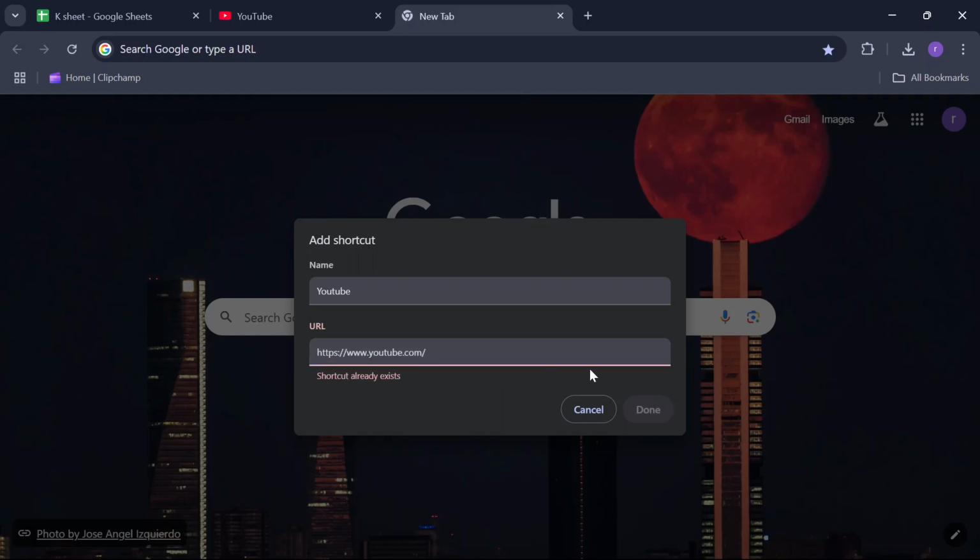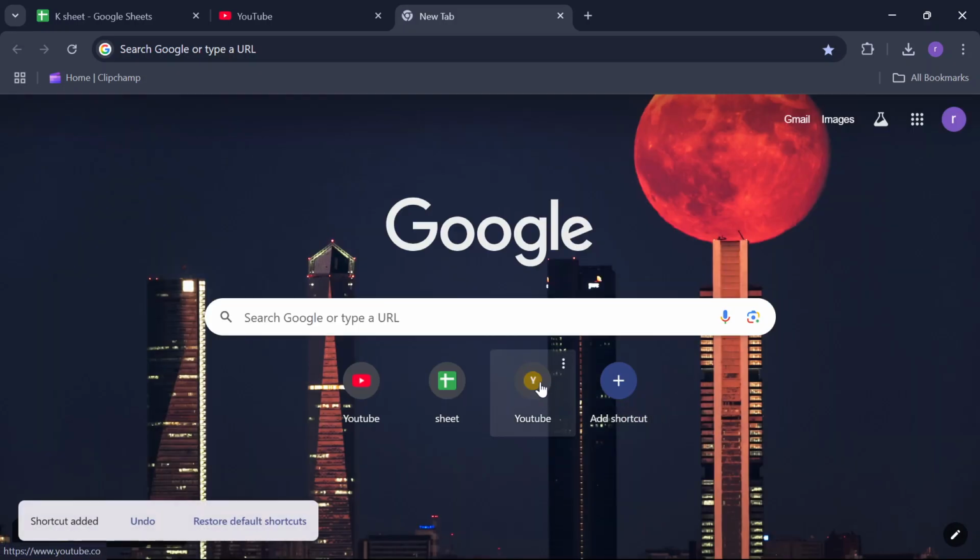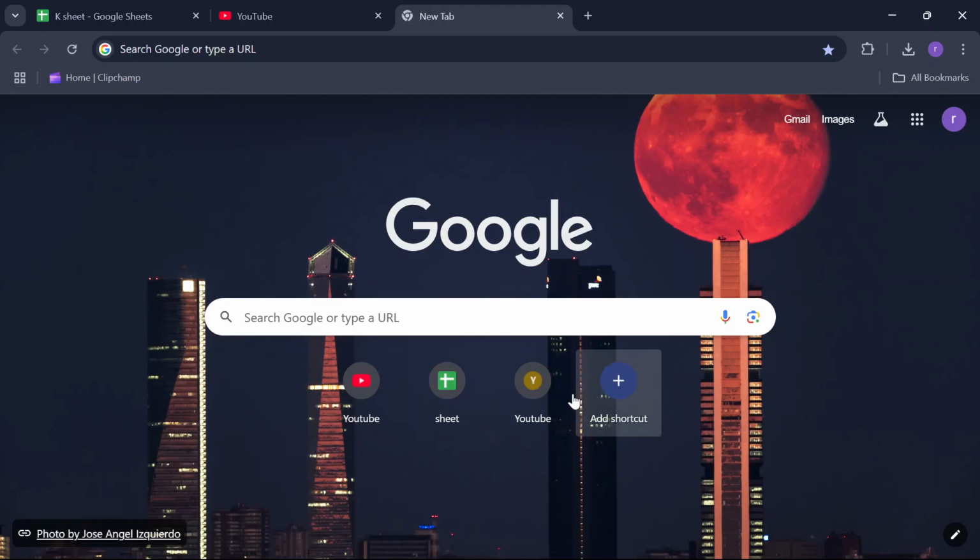And after that, you can just click on done, and as you can see, the shortcut is already created. So you can add multiple shortcuts from here, and when the shortcut is full and there is no